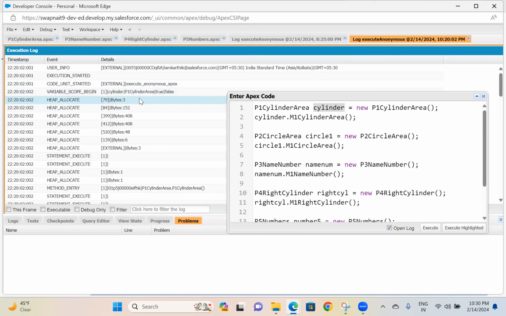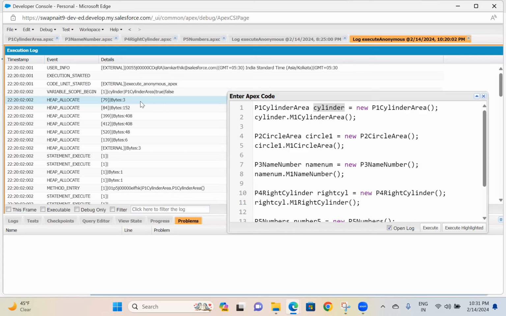If it is an object, by default it will first assign 3 bytes and then check how many lines of code are written in the class. Based on that, the bytes get increased. Or there is some logic written by Salesforce in order to allocate the bytes for the classes. For a variable, it's based on the data type: if you are declaring a variable, you need to provide the data type, so definitely we need a byte. But for a class, we do not require the data type, so by default Salesforce identifies that.